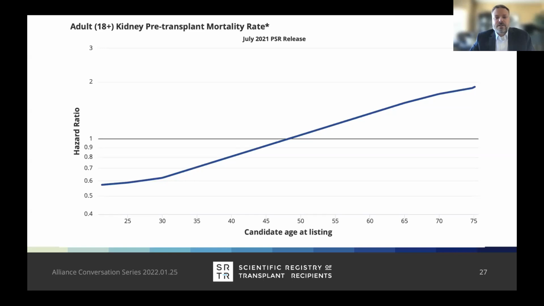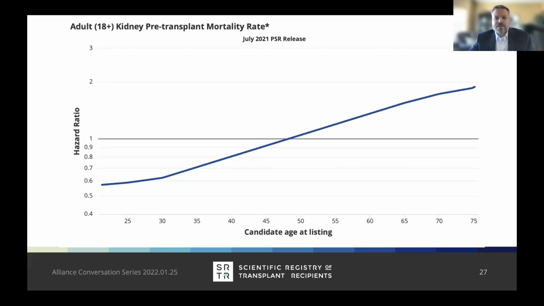But importantly, I think there's a tab that allows you to visualize the effect of each thing that we adjust for. And I'm showing you an example here of candidate age at listing. And this is meant to show you how the SRTR takes into account the risk for these different types of patients in your population. What the blue line is describing is how the model expects the waitlist mortality rate to